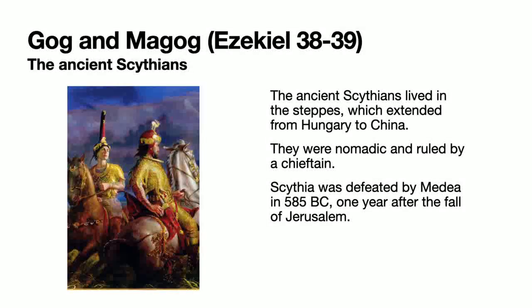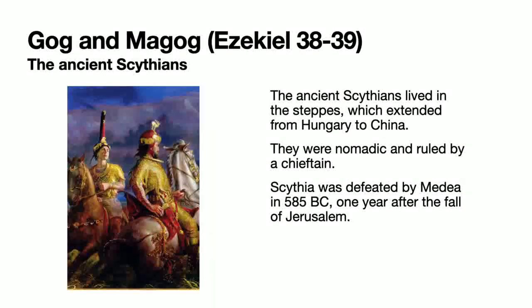And the description says that these people are ultimately defeated. Now, the modern version of the end times says something to the following, that this is really a description of modern Russia and how modern Russia is going to assault modern Israel. And I'm going to show you that these two chapters describe nothing of the sort. And I'm going to show you that these two chapters are describing an ancient nation called the Scythians.